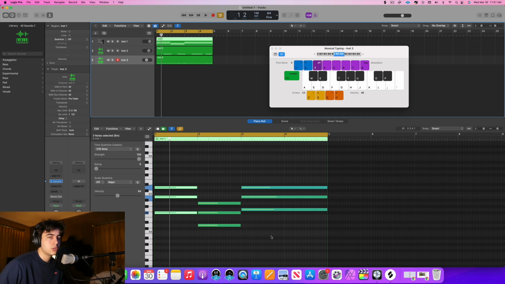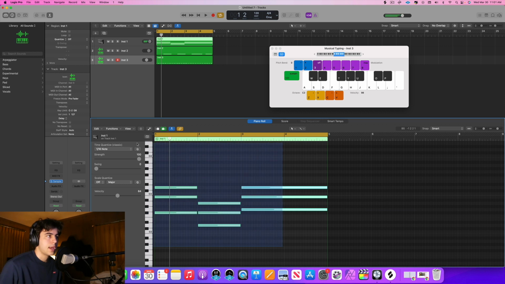So let's say you have no clue how to play anything in. You don't know what notes make up chords. Essentially what you're going to want to do is just look something up on the internet, chord progressions and stuff like that, and actually learn stuff. I definitely recommend actually learning it instead of just using MIDI and dragging it in, because that's like the laziest way of doing anything. So you should actually probably learn a little bit of music theory and what notes make